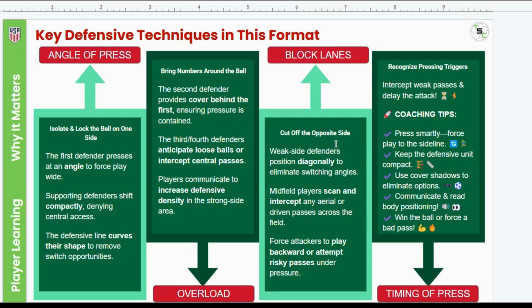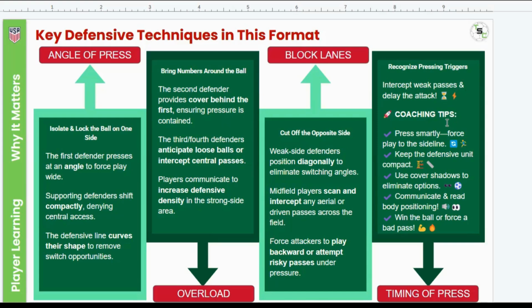You want to cut off the opposite side, so your weaker fullback in this case, make sure that they're on their toes to anticipate the switching, or if the switch or the point of attack is actually there, if it's a possibility that you want to cut off that opposite side as well. The pressing triggers,